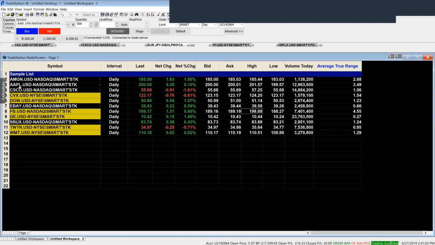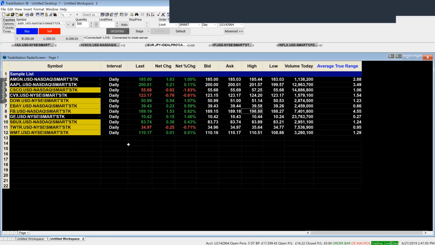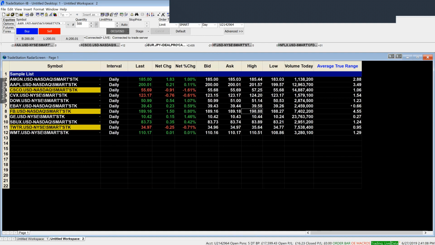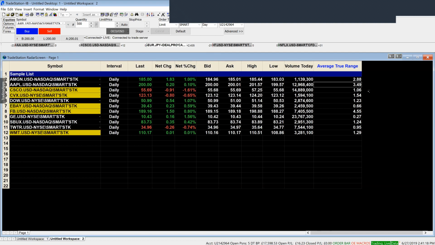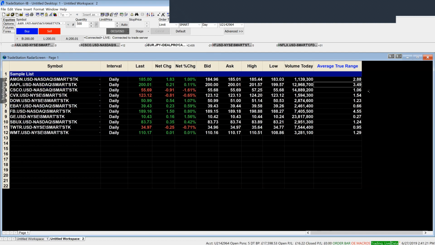I have Amgen, Apple, Cisco, a lot of symbols, stocks that are very common. And this is the average true range being calculated in real time. Now, this is the raw average true range. For example, for Apple, the value is $3.49. So in the past, whatever the calculation parameters is, in the past 10 days, Apple has moved about $3.50 on